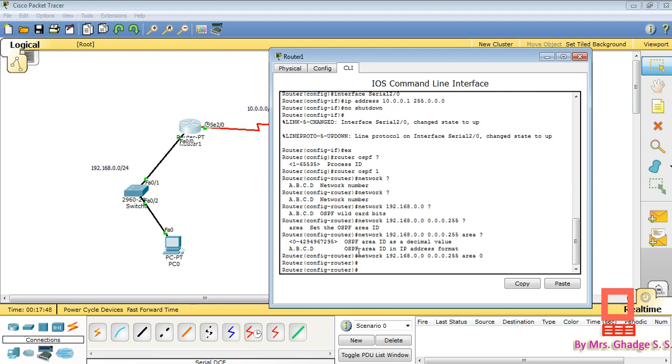Okay, so now we have configured just one network. We have to write a similar command for the other network.